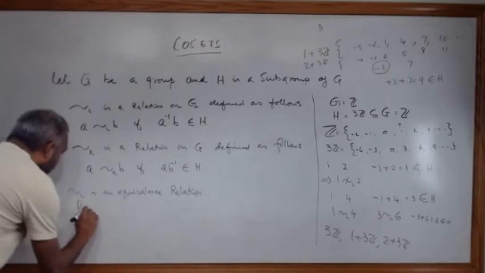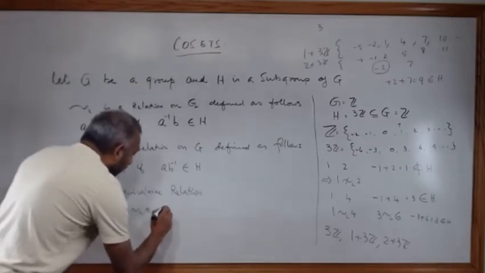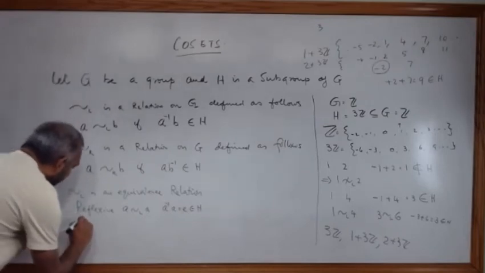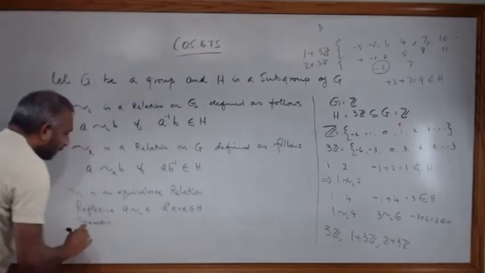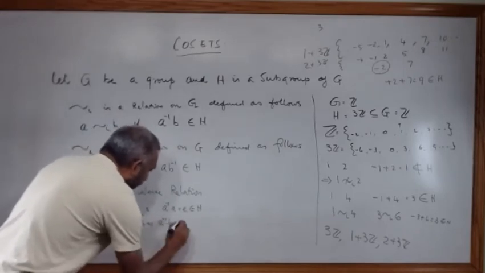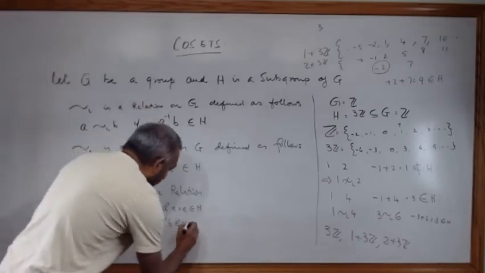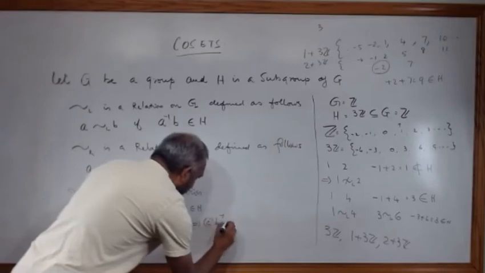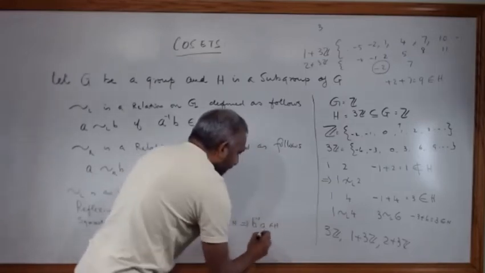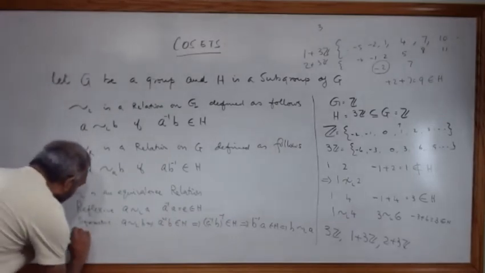It is reflexive because A is left related to A, and that is because A inverse A, that is equal to E, belongs to H. Now, it is symmetric because A left related to B implies A inverse B belongs to H. Because this is an element in H and H is a subgroup, its inverse belongs to H, and that implies A inverse B inverse belongs to H, and that implies B inverse A belongs to H, and that implies B is related to A. It is also transitive